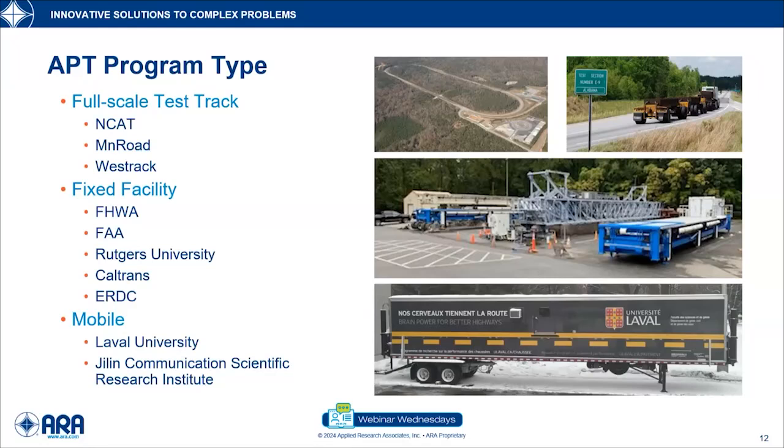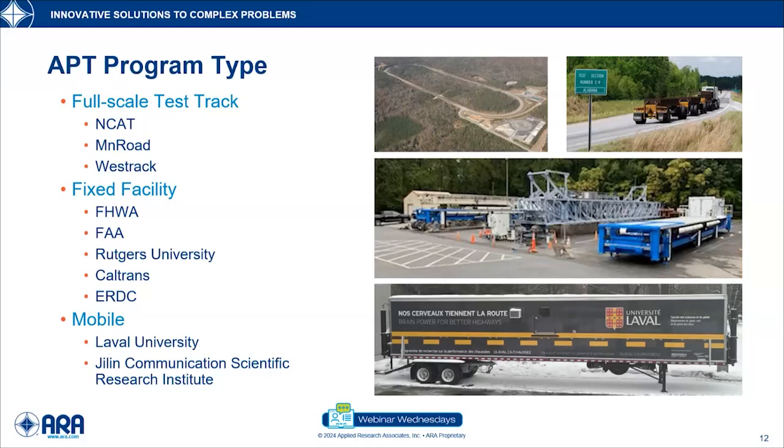It's important to mention that for those full-scale test tracks, the research cycle is typically between 3 to 5 years, depending on the facility and the number of test experiments that are run on those facilities. We will be able to use this data with the actual conditions from the facility, with the traffic-induced loading from the facility, so it will be very useful, but at the same time, it will be tied to the specific conditions